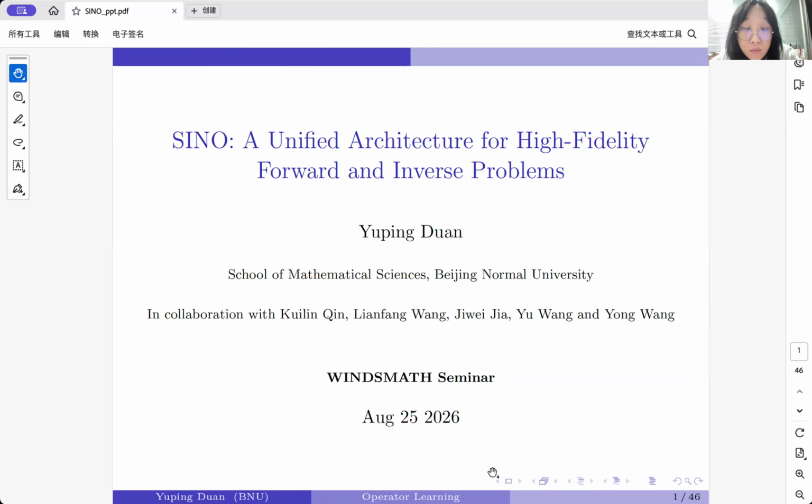In a forward problem, the physical model parameters and the source terms are given. The goal is to predict the solution field. For example, thermal conductivity and the heat source determine the temperature field. Similarly,